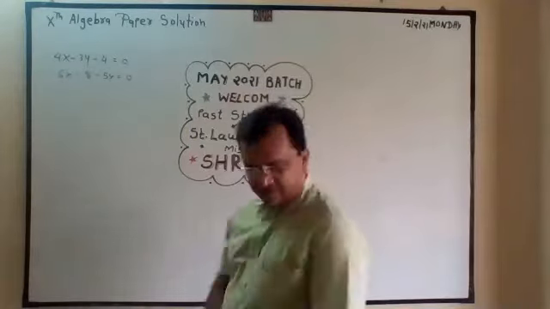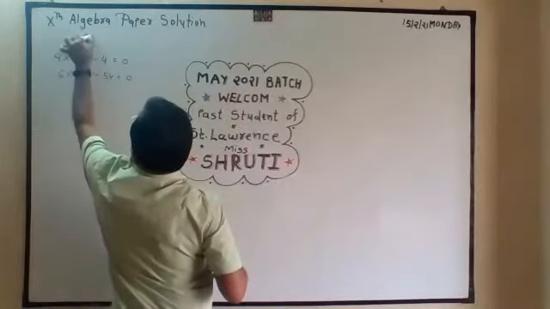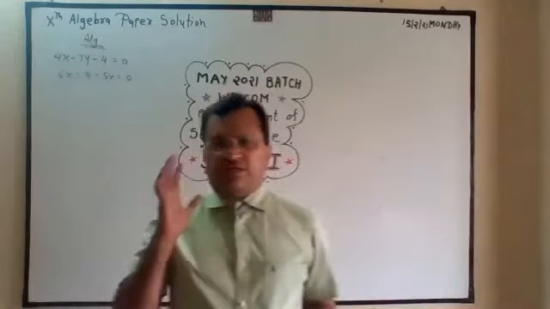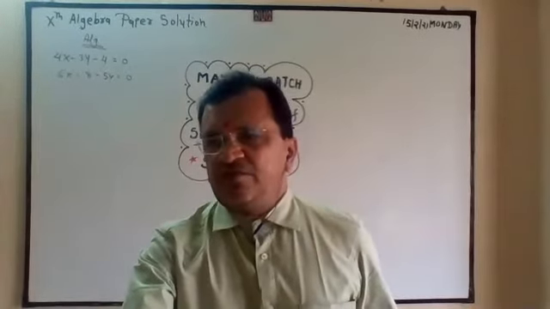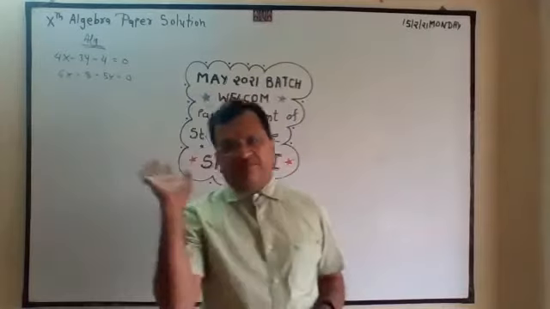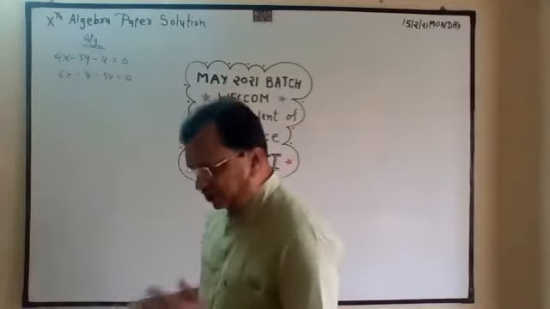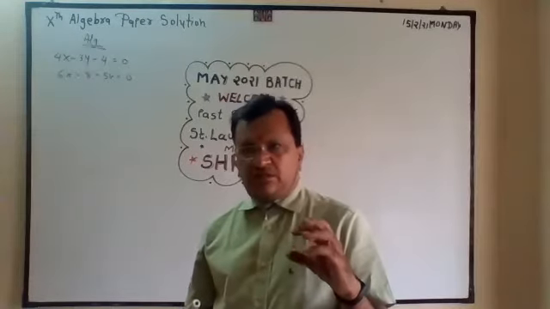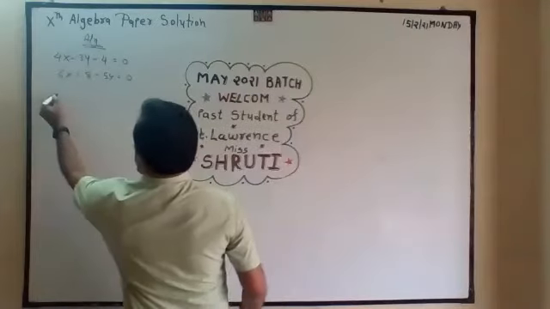Okay. Now, algebra question number 3. This is a question by Cramer's rule. We have to solve this. When a particular method is given, at that time you have to use that particular method. You cannot use your own method. First of all, in Cramer's rule, you have to convert the equation into ax plus by is equal to c.